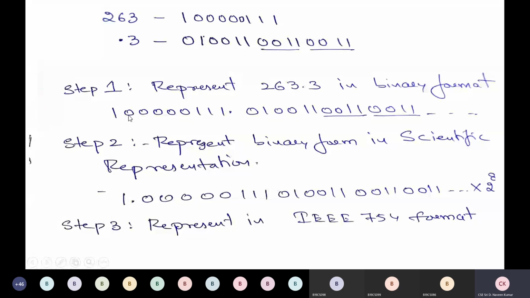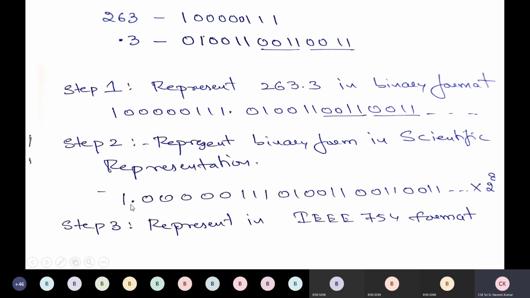For a decimal number like that, we would multiply by 10 to the power of 8. But this is a binary format, so we multiply by 2 to the power of 8, because we are moving the point after 8 numbers towards the left. You can see I moved it and the result I got is 1 point, and the remaining bits are the same. Only the point changed to the extreme left. The radix is 2 and the exponent I get is 8. Okay, done with step 2.